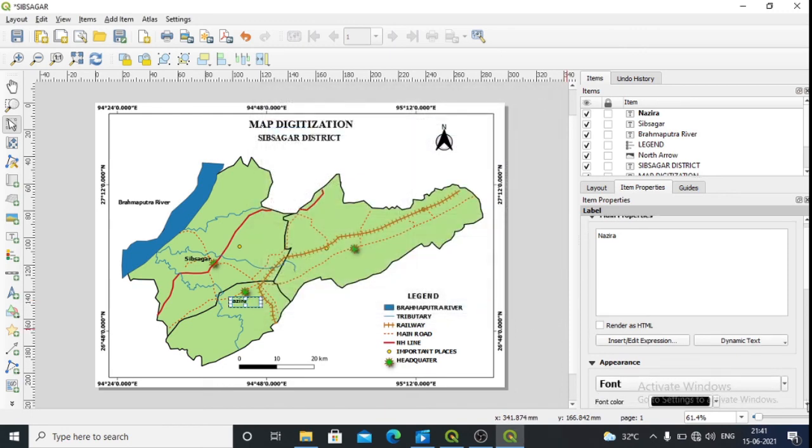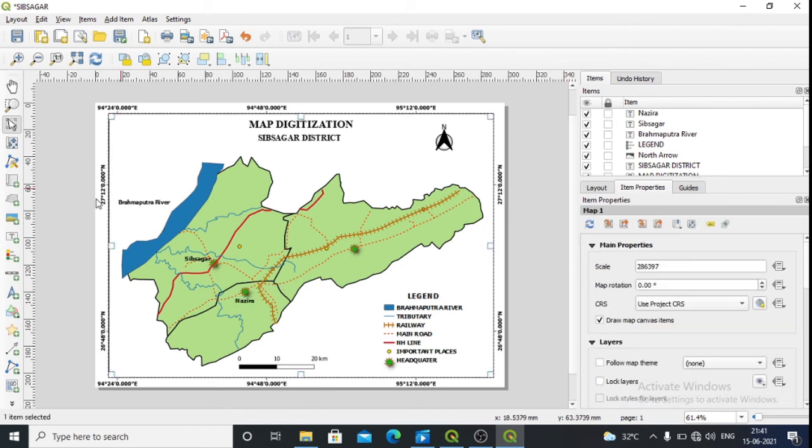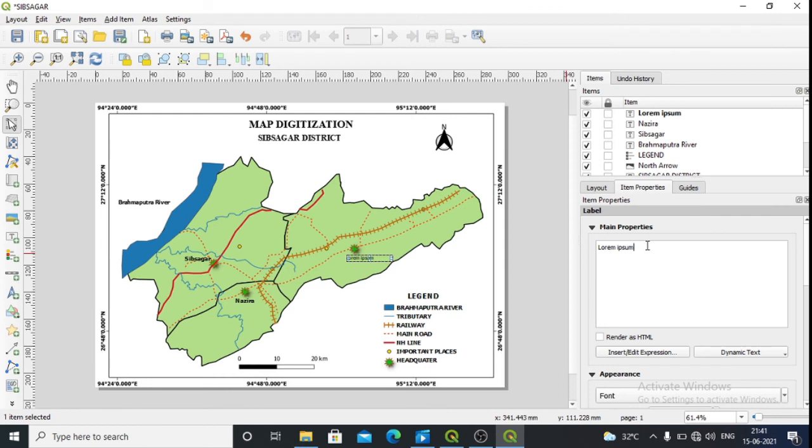Then place it in the center. So this is Nazira headquarter. Similarly, this was Sonari.